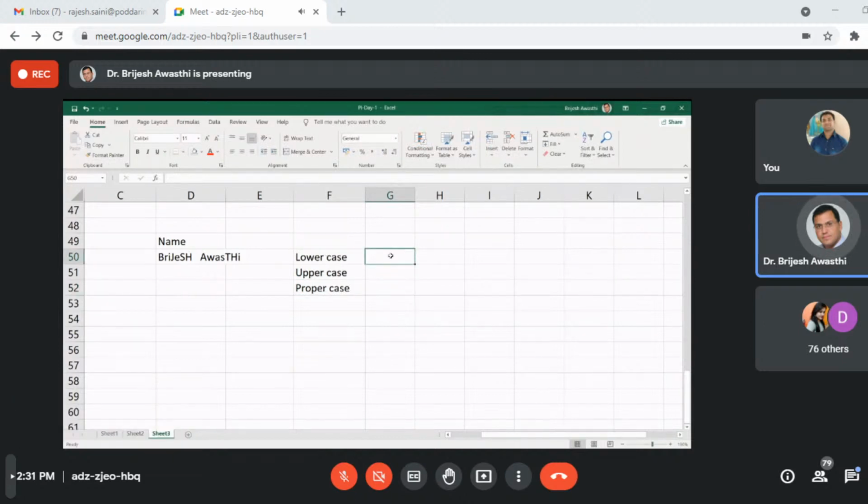The function is similar to this, equals to